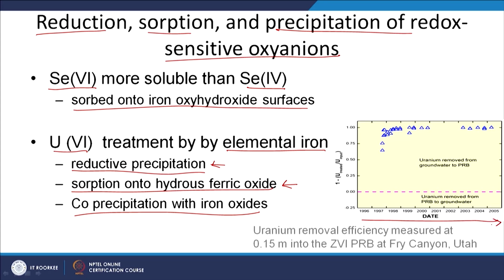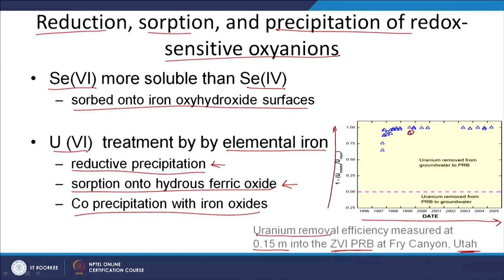So I believe I have one particular data set here, and here we have time on the x-axis, and here we are looking at uranium removal, and the key aspect is that a zero valent iron PRB was used in Utah, I guess, right. And here we have on the y-axis the relevant concentration, that is the higher the data here, obviously, as you can see from this particular metric, the better. So let us say they are measuring at 0.15 meters or 15 centimeters into the PRB. Typically the PRBs are not many meters thick, typically less than a meter thick, yes,